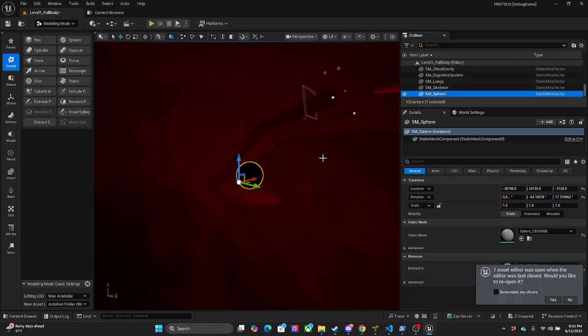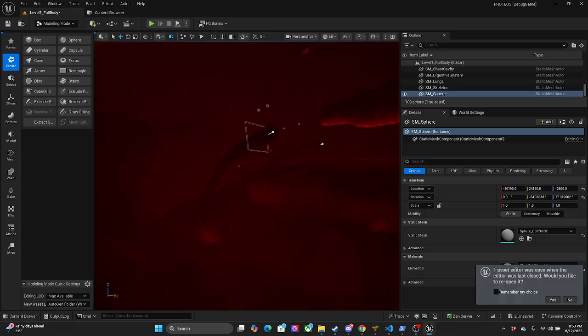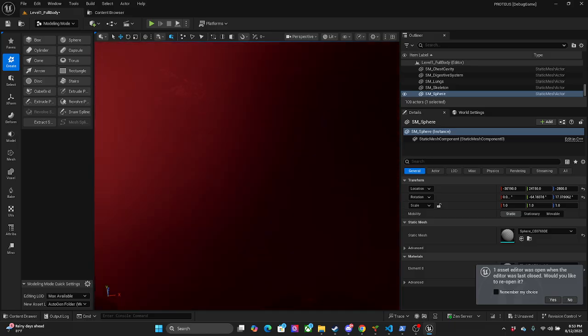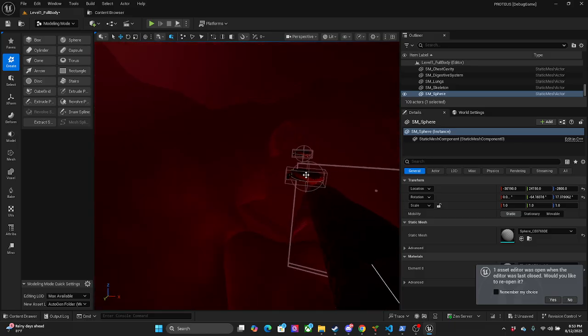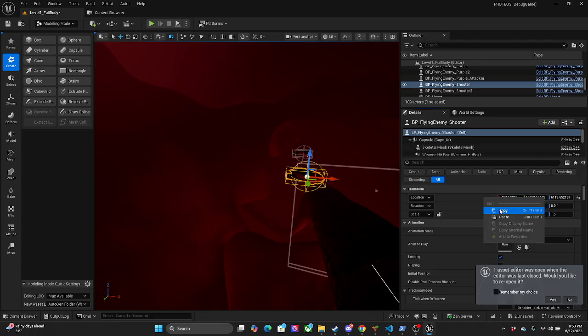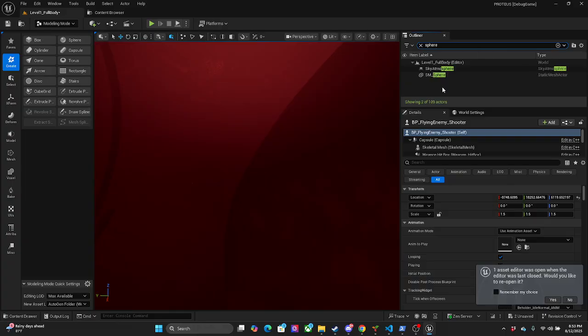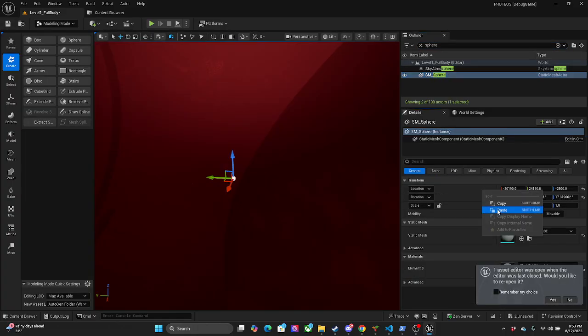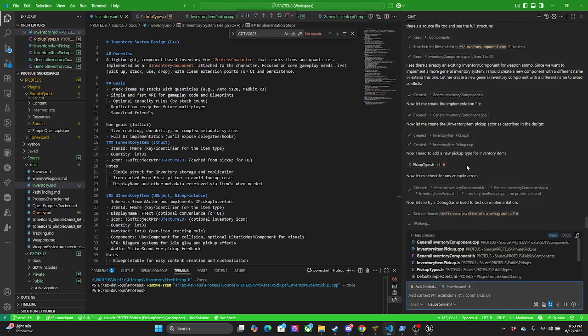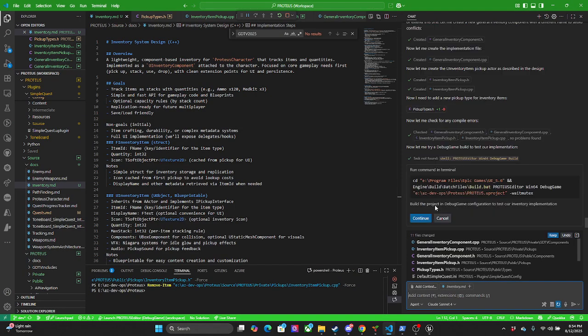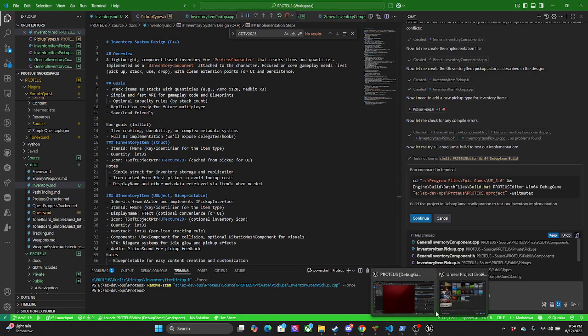We're just gonna call it SM sphere. Keep it simple. Sure, this is still going. It wants to try a debug build.